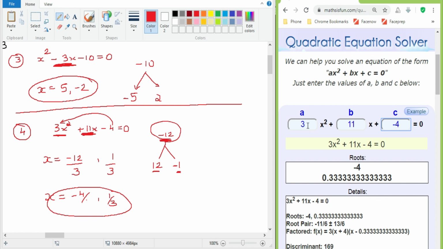Is it clear? When the coefficient of x square is other than 1, you need to understand this process. Take down the tree value, which is nothing but the product of the first and the last value. After getting the branch value, you have to divide. First take the negation of the branch value, then divide it by the coefficient of x square. Is it clear? Okay, we'll solve two more problems on this, guys, where the coefficient of x square is not equal to 1. Then we'll go to the next one.